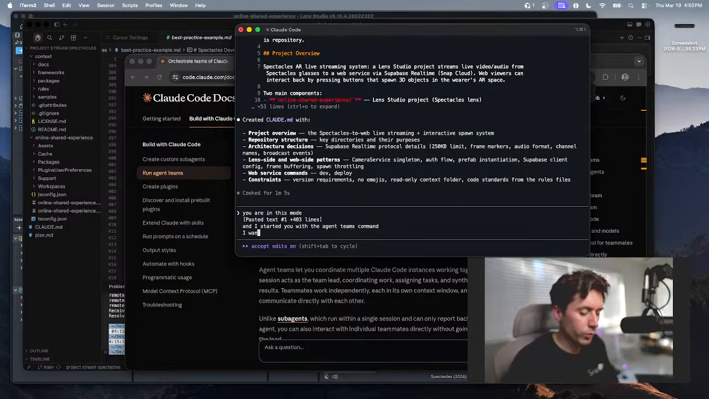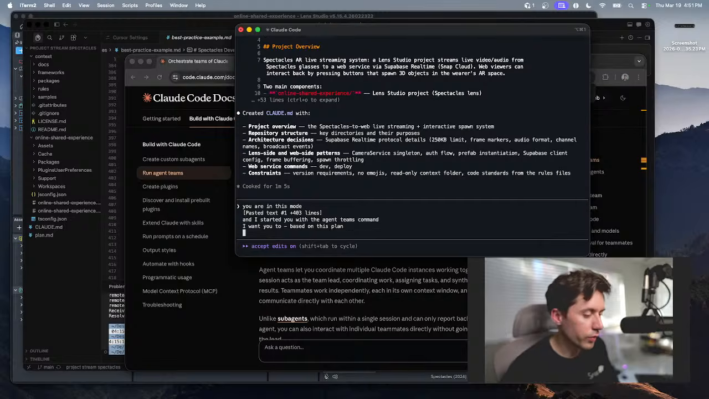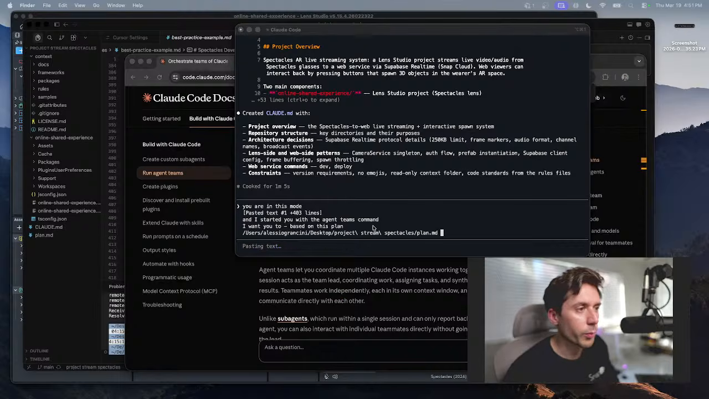I want you to, based on this plan, and we're going to do the same thing we were doing in Cursor. We're just going to go in our project and drag and drop our plan. So there you go. Based on this plan,